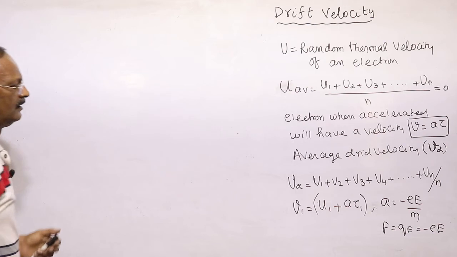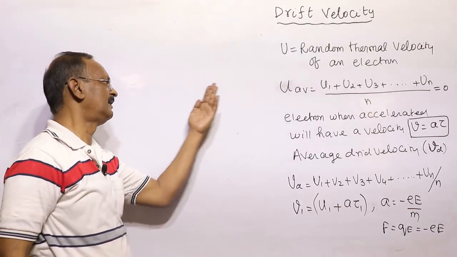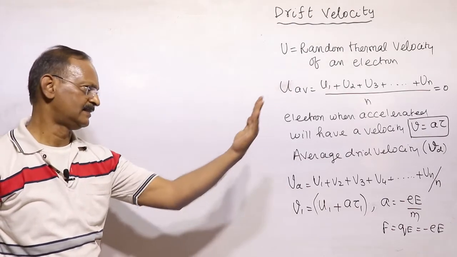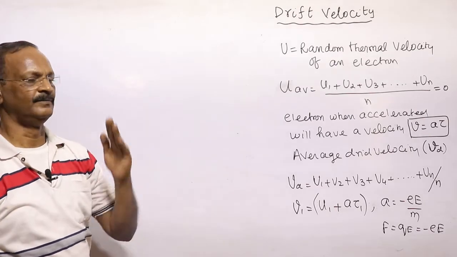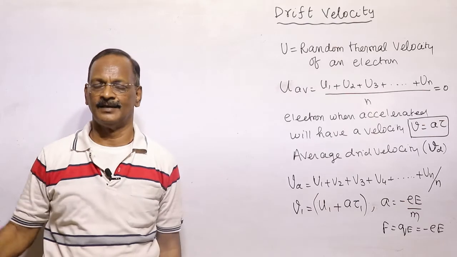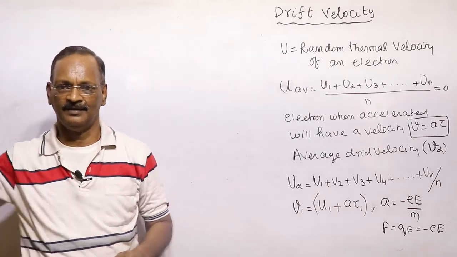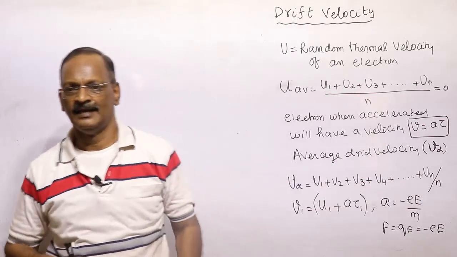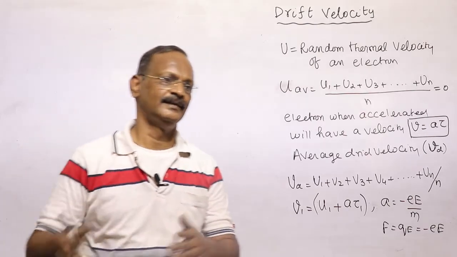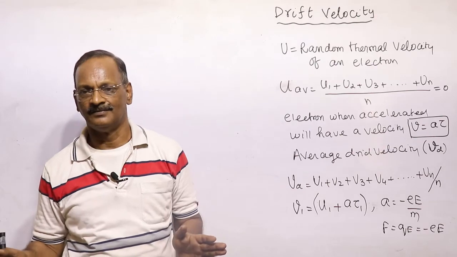Now, what is the net velocity after applying a drift from negative n to positive n with a small velocity called drift velocity? It is not simply moving straight away. Suppose you ask a person to run from one end to another end, he will run easily. If there are thousands of people around in that place, he will hit somebody, and again hit somebody, again hit somebody. During the hit, he will lose all his velocity.